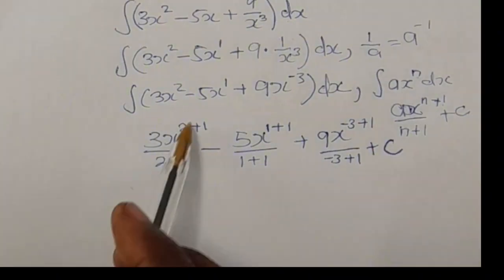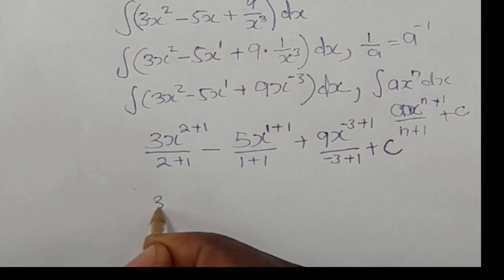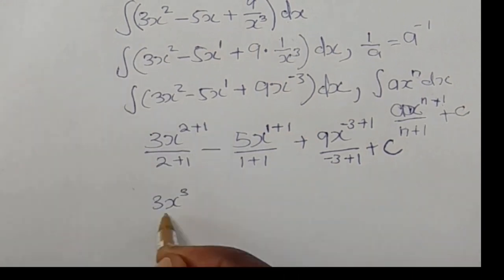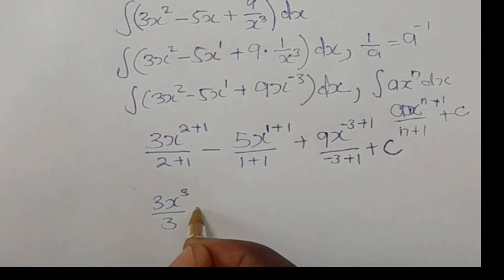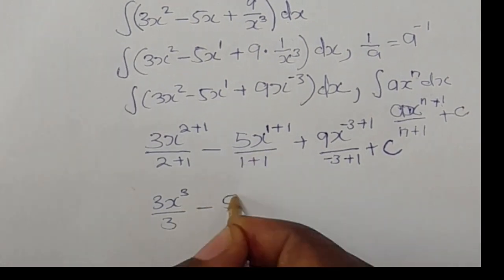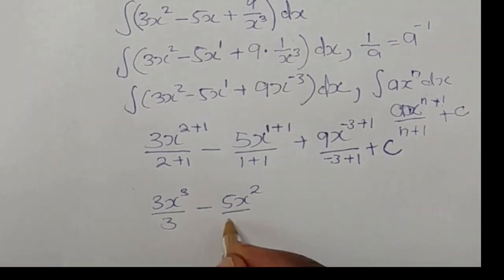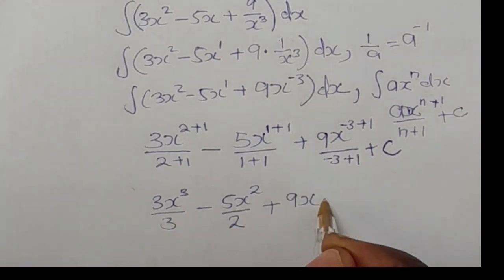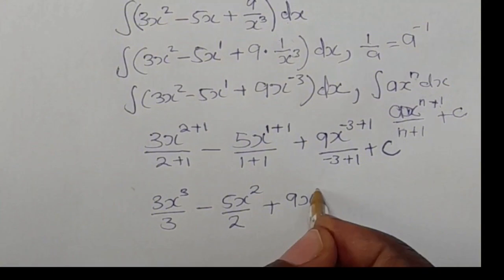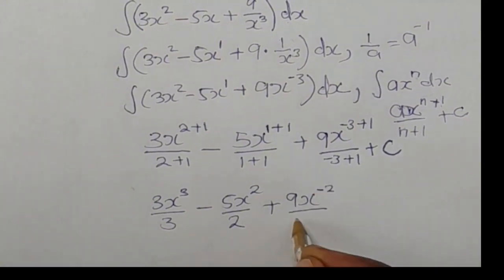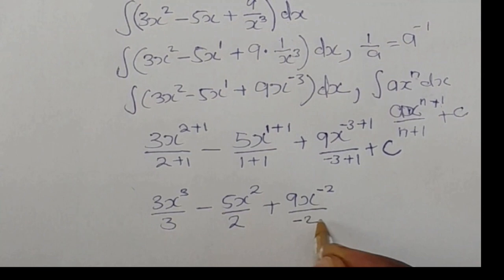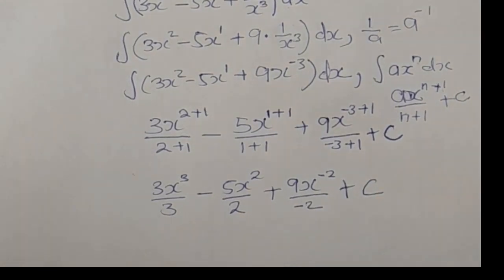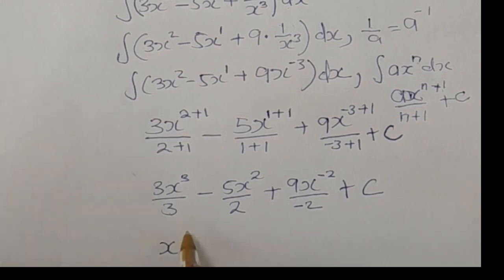All we need now is to simplify. So we're going to have 3x to the power 2 plus 1 is 3, then over 3, minus 5x to the power 1 plus 1 is 2, then over the new power, which is 2, then plus 9x to the power negative 3 plus 1 is negative 2, then over the new power, which is negative 2, then plus the constant c. Then we can simplify this further. This and that can divide. So 3 divided by 3 is 1. So we will remain with x cubed minus